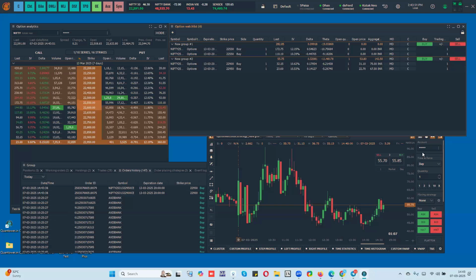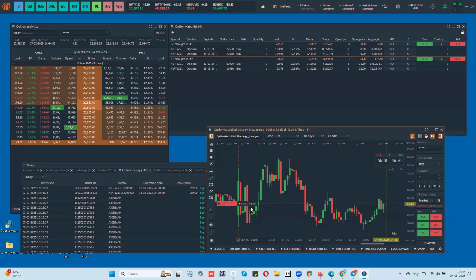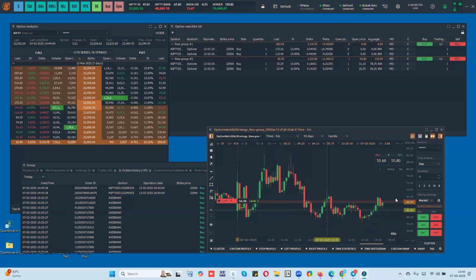If I want to, I can place an exit order from here. Suppose I have traded it now and I want to place this. What I can do is market if touched for the exit. I just click here and place an order. The moment the price touches 56.50, my basket will exit.